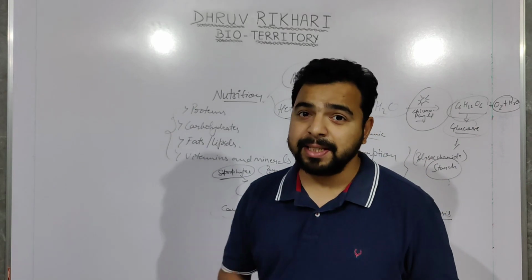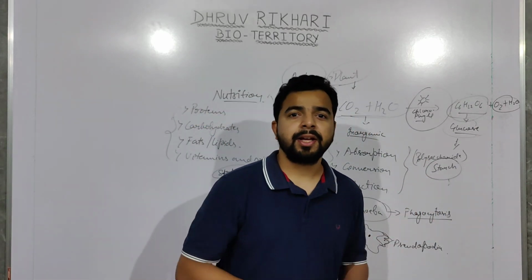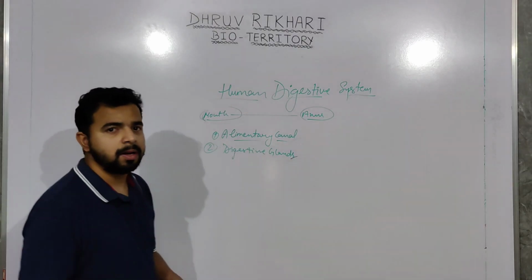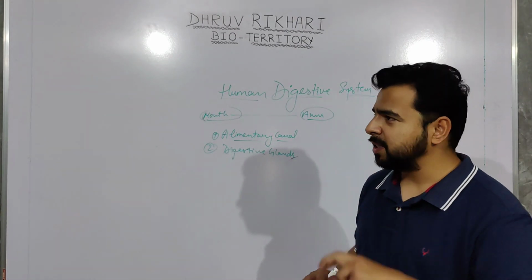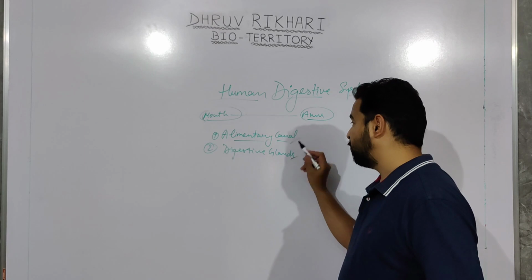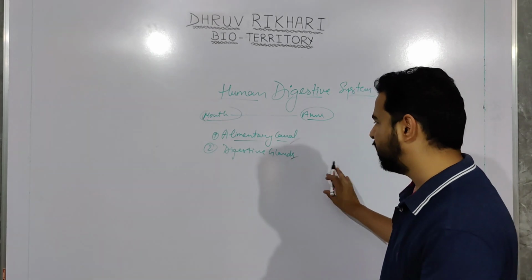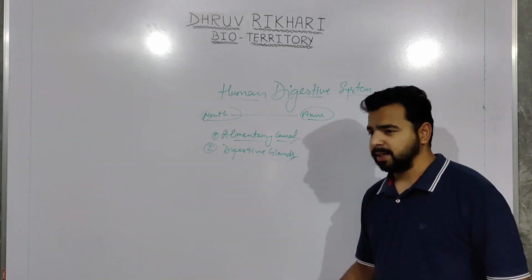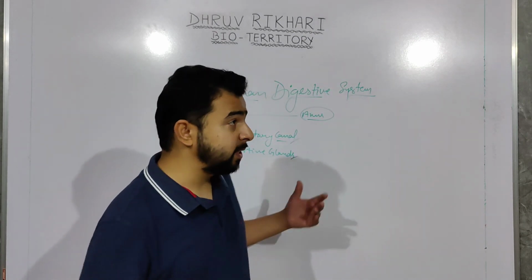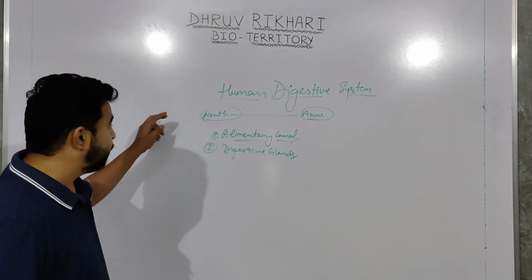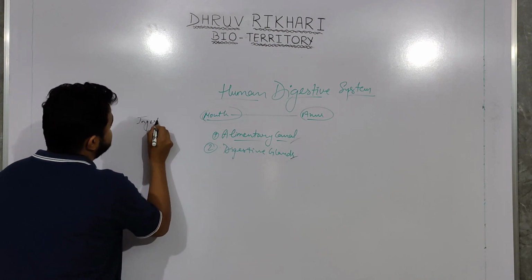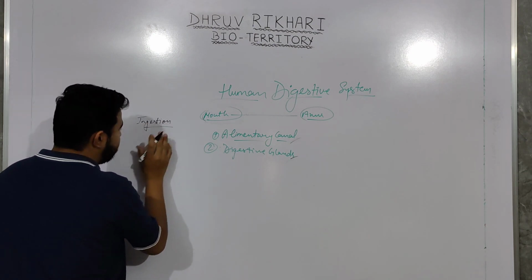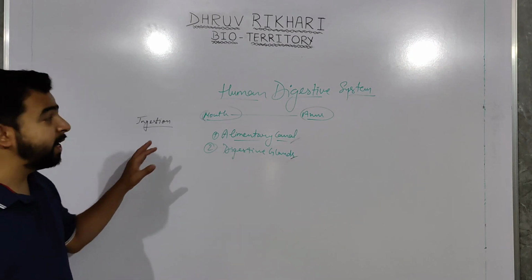And now next we will see the detailed human digestive system. Our next subtopic is the human digestive system. And in the human digestive system we are going to understand two important things. One is the alimentary canal and the other is the digestive glands. Now when we talk about the digestive system in humans, we start from the step which is ingestion. Ingestion is the first step, from where we take in our food,